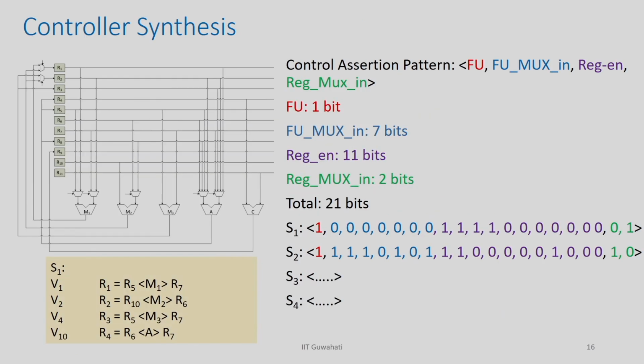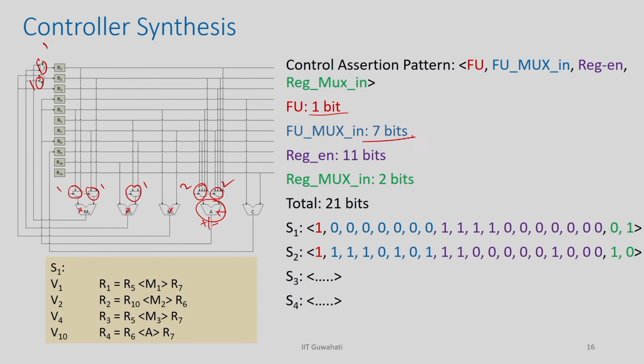Okay. So, let me try to explain with this example. So, here are the mux-mux connections we have obtained. Let me understand how many signals are needed. First I need the FU. Here I have only one ALU, so I need 1 bit, right. This is, say, doing plus and minus. These are all doing multiplication, right, so I do not need any FU control signals. So, I need 1 bit for the FU, and then for this I need 1 bit, for this I need 1 bit, for this also I need 1 bit, for this I need 2 bits, 2 bits, for this also I need 1 bit, 1 bit, right. So, what is the total? 1, 2, 3, 4, 5, 9, 9 bits, right.